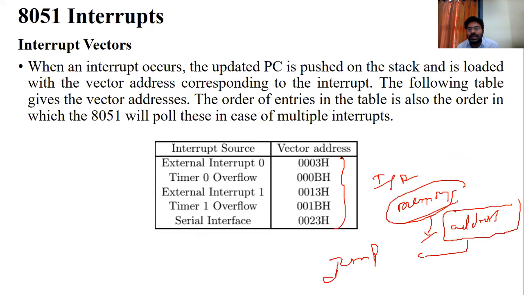So these are the address locations for accessing these 5 interrupts: 03H, 0BH, then 13H, 1BH, 23H. Remember, whenever you are going to write the programming, you must remember these vector addresses.